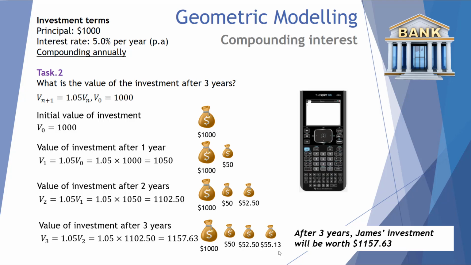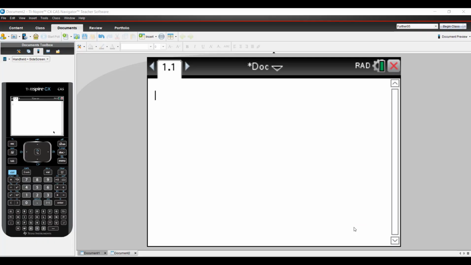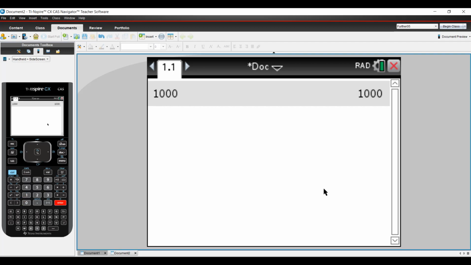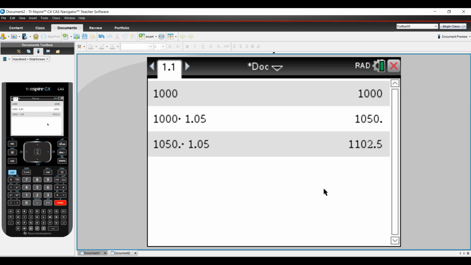$1,157.63. This can, of course, be calculated using the TI Inspire CAS calculator. We enter our V0, or our principal value, as $1,000 and press enter. We then multiply it by 1.05, our growth rate. And we do that for 1 year, 2 years, 3 years, which gives us an investment return after 3 years of